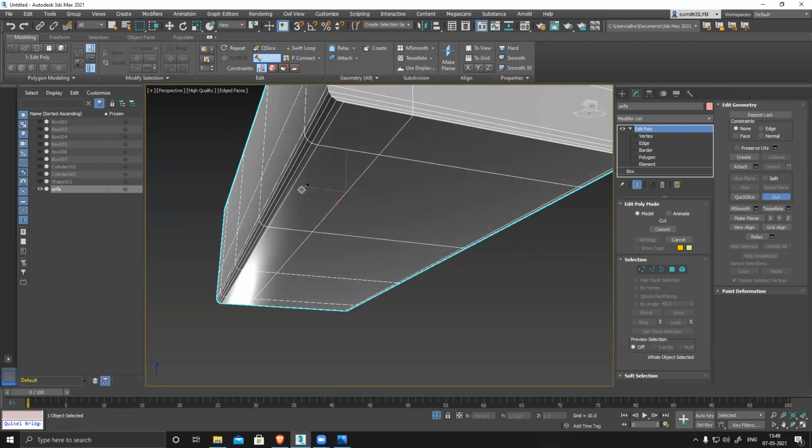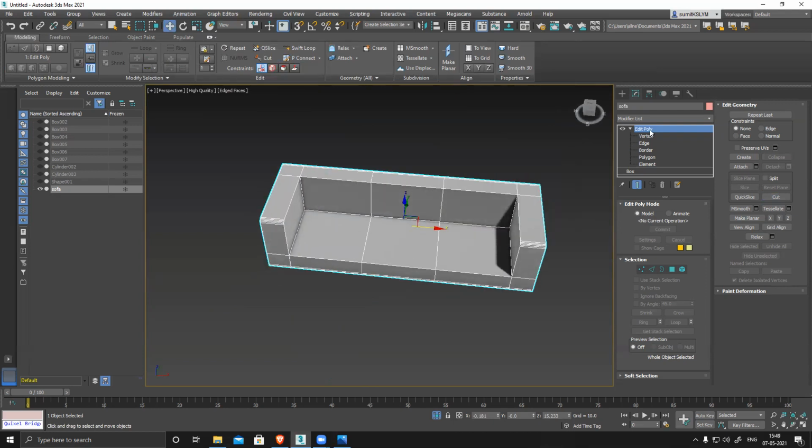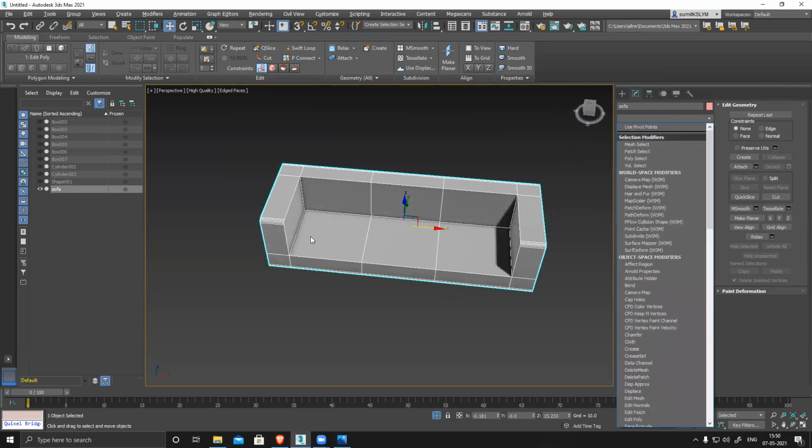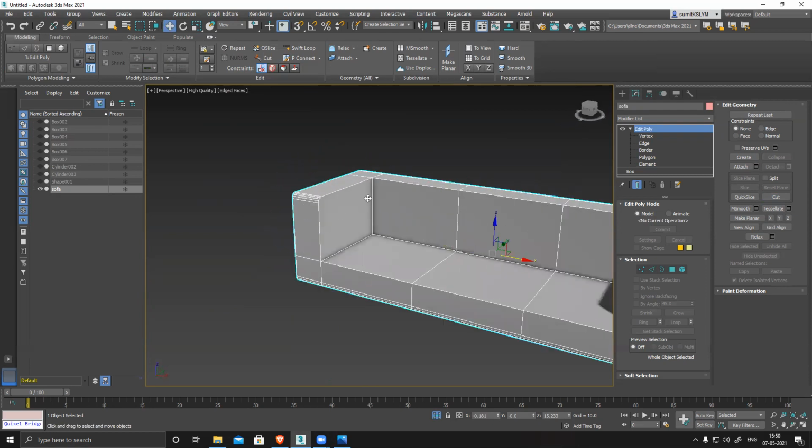Done. Done. Now to repeat this thing, I need to fix this. You can see I have this section also. This is not perfectly accurate.